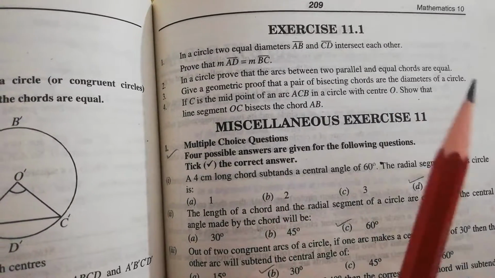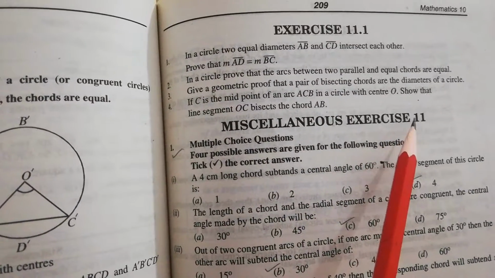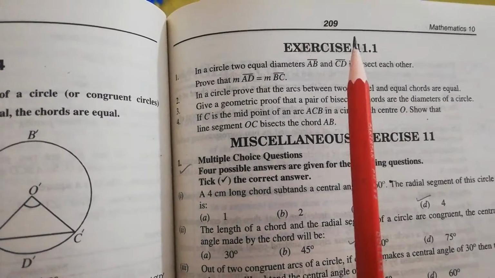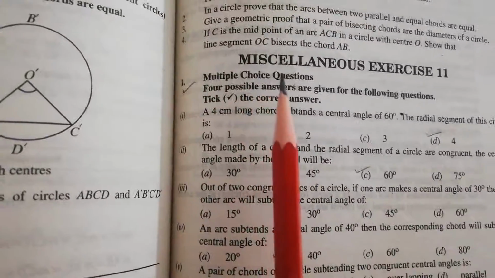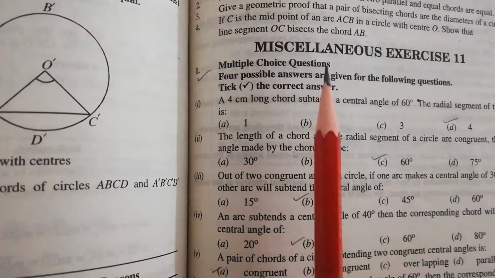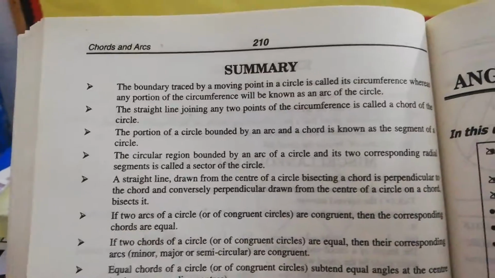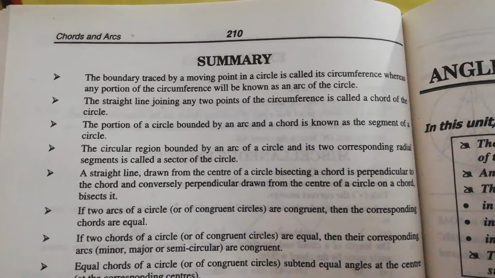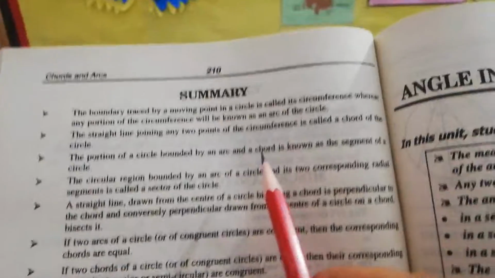Dear students, today we will discuss the miscellaneous exercise of chapter number 11 from the Punjab Textbook Board, Bahawalpur, for your 10th class. There are only some definitions in this chapter along with the miscellaneous exercise, and the definitions are the same as the page number 180 definitions of unit number 9, which we have discussed in detail. So in this summary we will just revise.